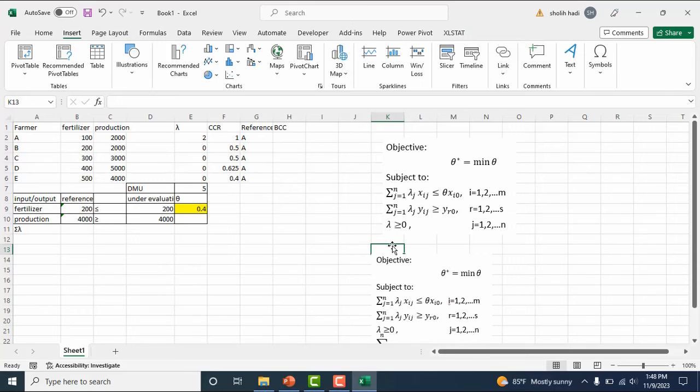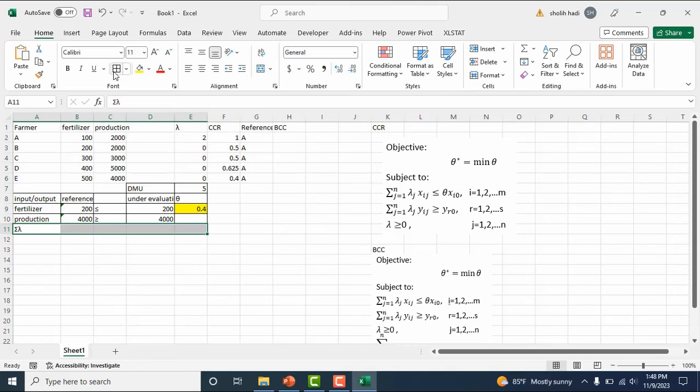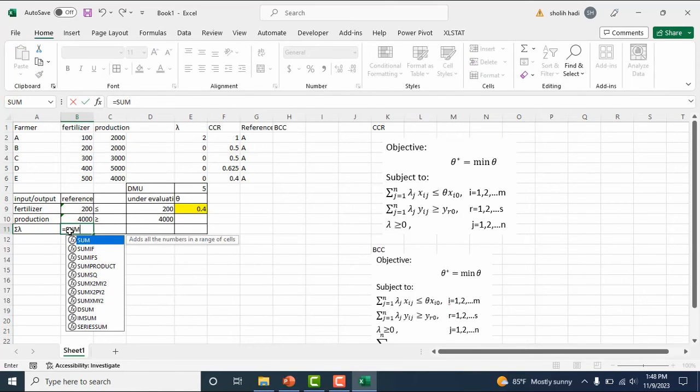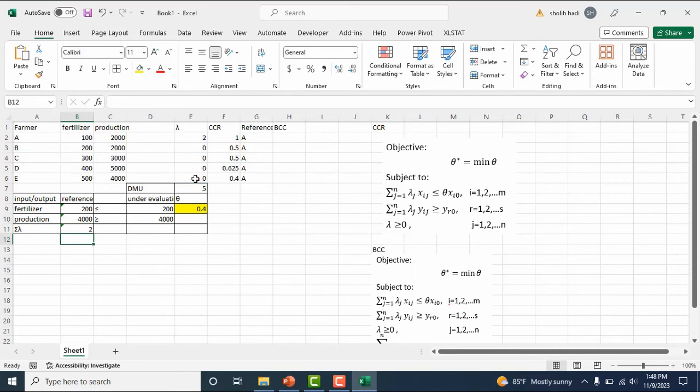This is the BCC, and this is the CCR. We just add here the sum of the lambda, which should be 1.